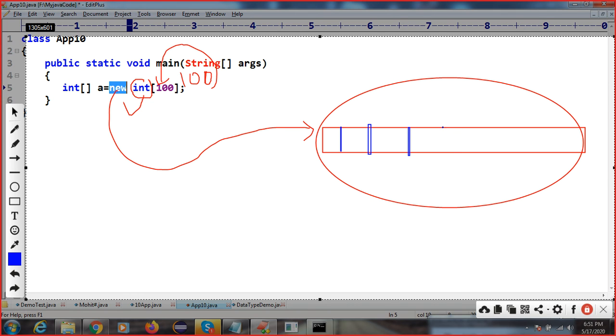So 0, 1, 2, 3, it will go up to 99, because the index starts from 0 and the size is 100. If you count, it will store from 0 to 99.